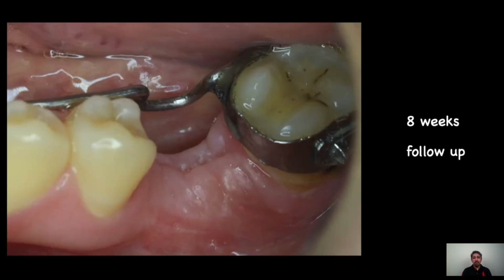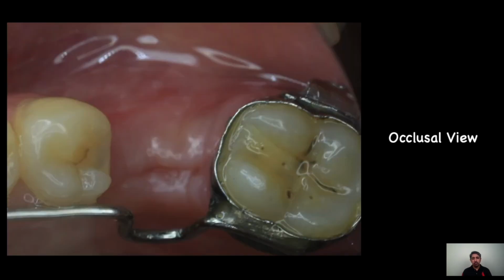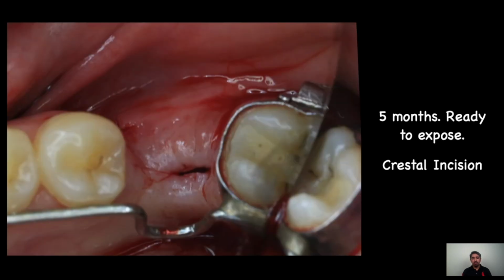We decided to keep the lingual arch throughout this period because we did not want any kind of relapse of the second molar, and we didn't want it to tip forward. So the lingual arch was maintained as a constant feature throughout the procedure. This is what it started to look like at 8 weeks. However, we held on for the maturation of the graft, and we only looked at the second stage after 5 months of carrying out the implant placement.